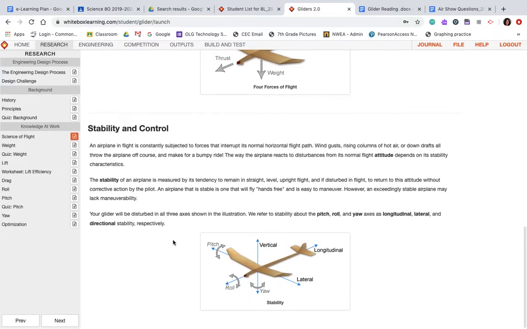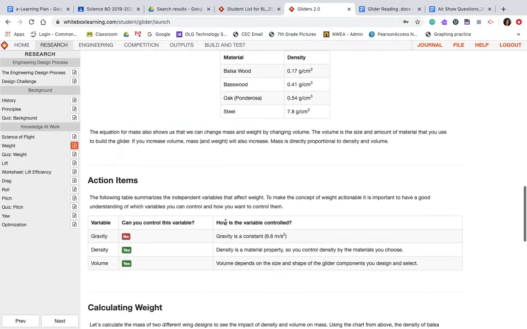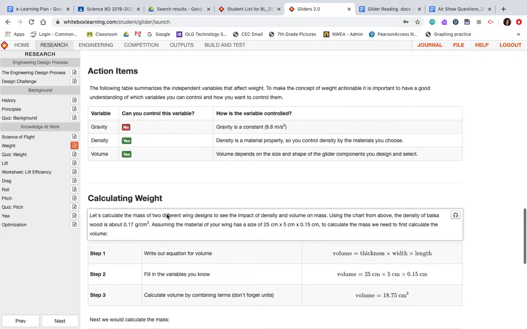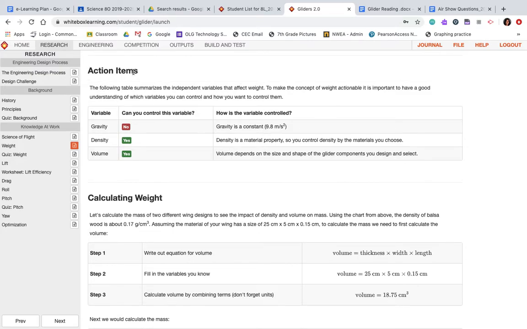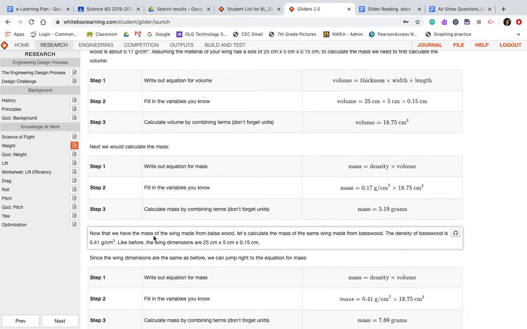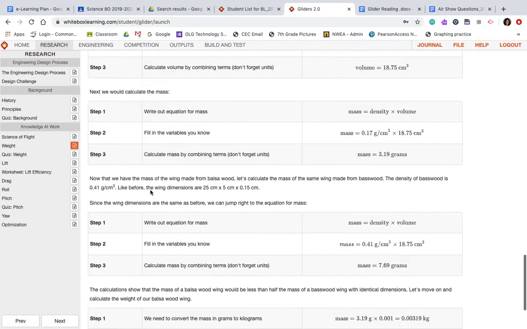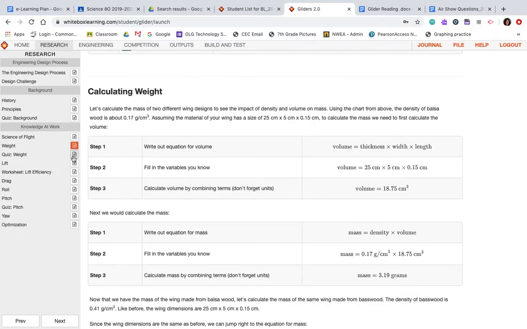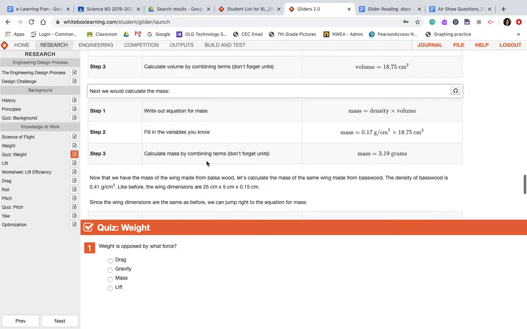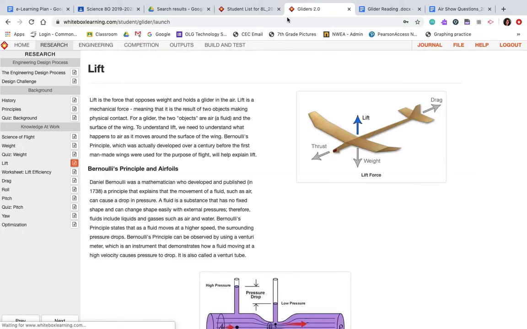Okay, so you're reading all of this, you're reading weight. For the weight quiz, see where it says action item, from here down, that is going to help you to solve some of the questions in the weight quiz. So whatever you need to do, just make sure you are coming back to this to help with that. You can leave it up here and just scroll down when you get to the questions that you need to answer these. Okay, once you get to lift,